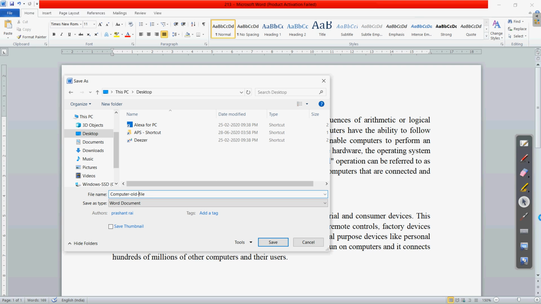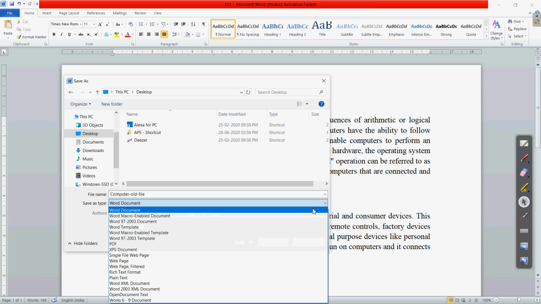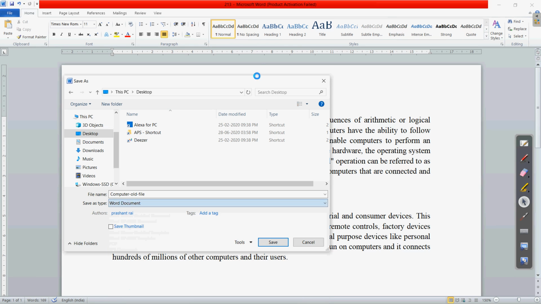After that, we have to see the Save As type. So here it is. In the Save As type we will find the different options. Earlier when we were saving, we were only writing the name and clicking on Save, but right now we want to save our file in the previous format, so we will go to the Save As type. Let us click on the Save As type, and here you can see there are multiple options.